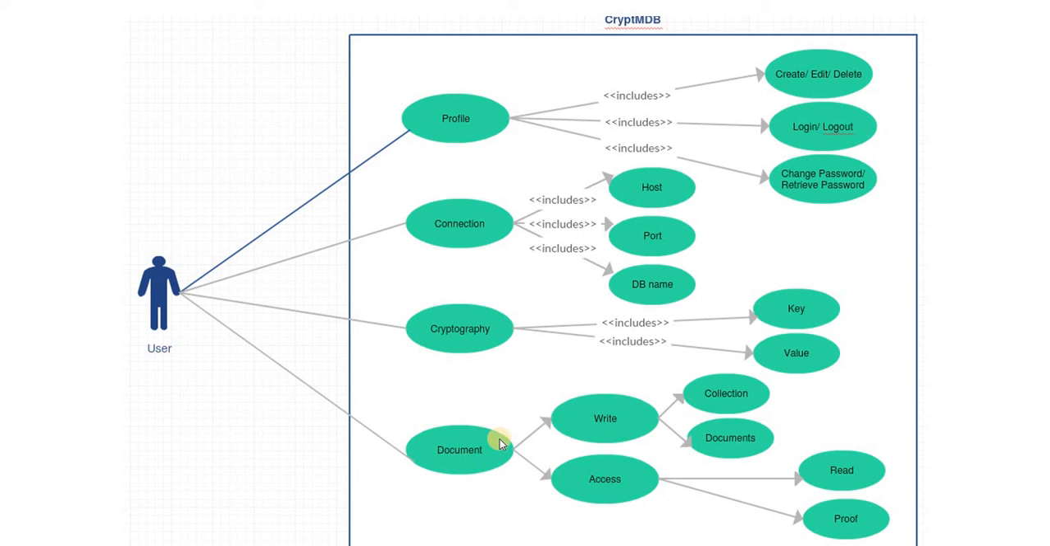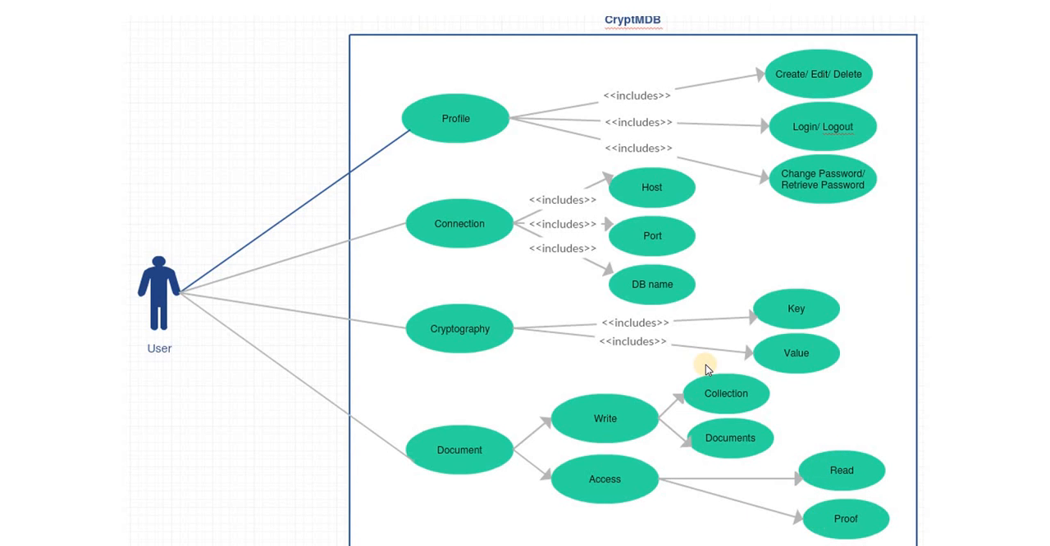And you can access the document either for writing it or for reading it. While writing the data, you need to specify to which collection you need to write the data and what the actual data document key value pair is. And for reading the data, you can read the data by decrypting it, or you can also see the proof